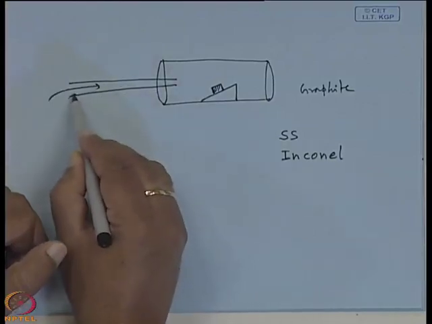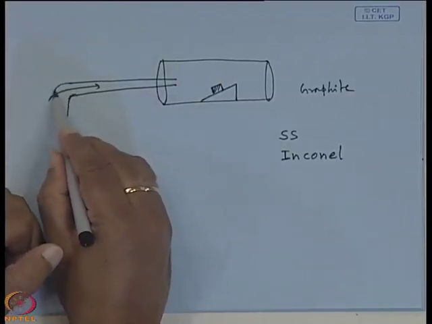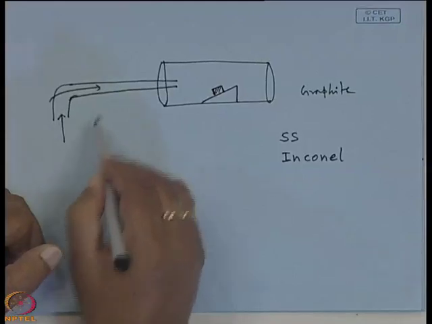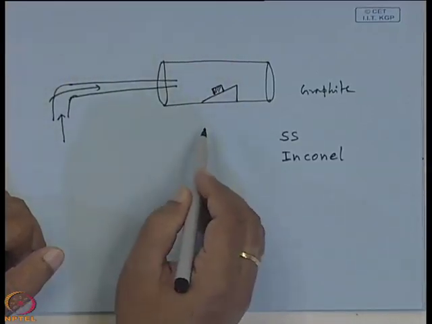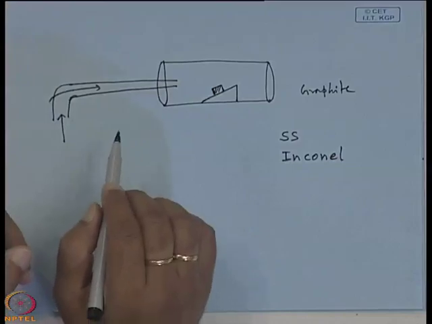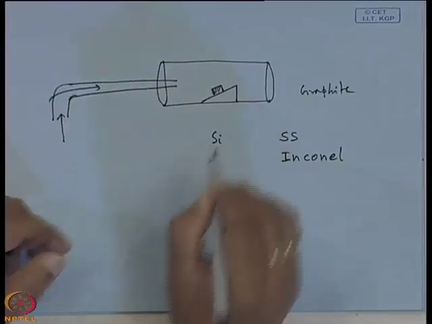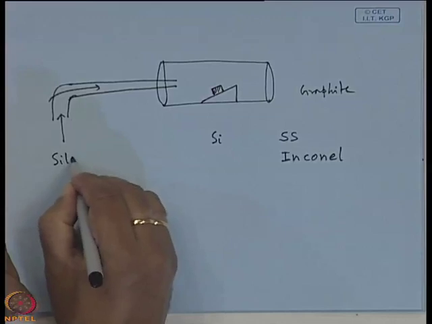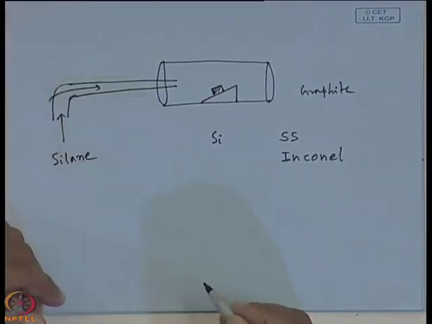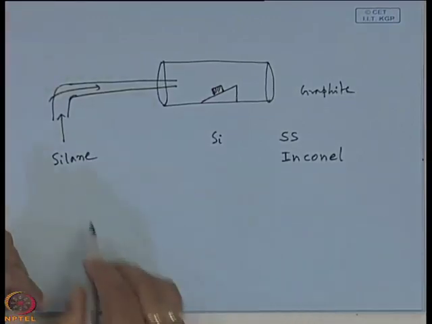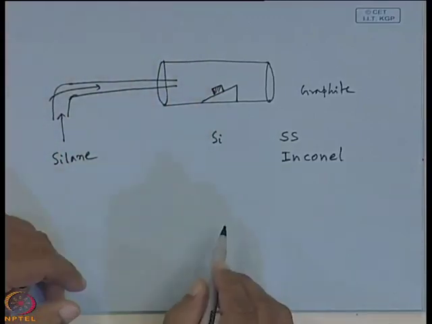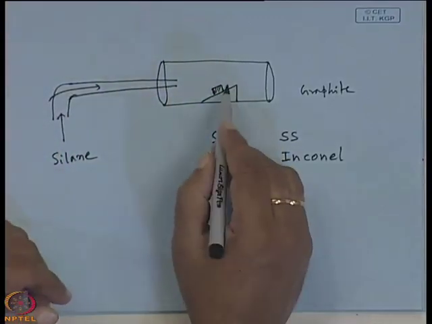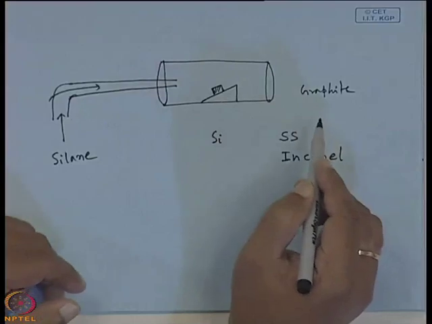through this gas inlet you have to send the various kinds of gases which you need for a particular type of film deposition. So, if you would like to make silicon, then what type of gas you have to use? Say silane you can use, as an example. Okay. So, you have to inject silane which will be decomposed in the reactor chamber.